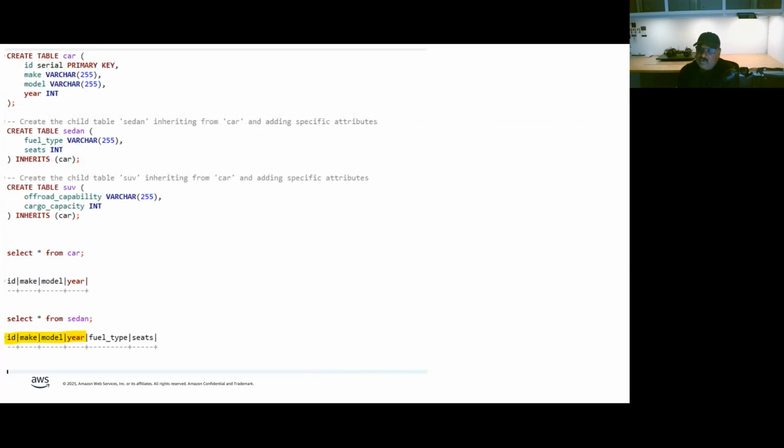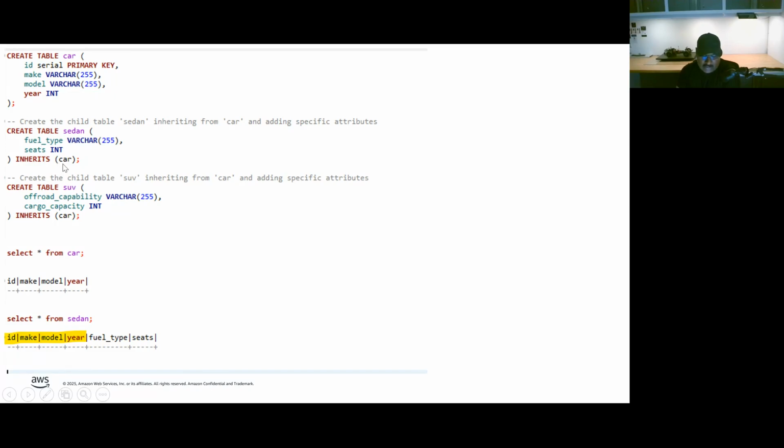So here is an example where you create a table called car, and you create another table called sedan, and you can inherit all the properties, that means all the columns from the table car into sedan, by using a command called inherits when creating a table.